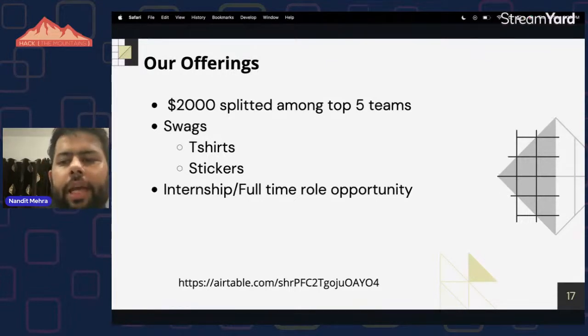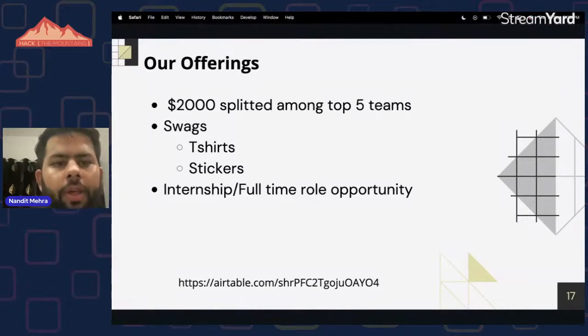But not just that, even if you use Lighthouse in some way, or even just touched our SDK, you will still be eligible to get, not the prize money, but the t-shirts and the stickers that we will bring to the hackathon during our visit day after tomorrow. And definitely, if you're somebody who's looking for an internship or full-time role opportunity, we will have an opportunity for you to apply, and then it will go through a normal hiring process. But definitely taking part in this hackathon brings you closer to the team for hiring purposes.